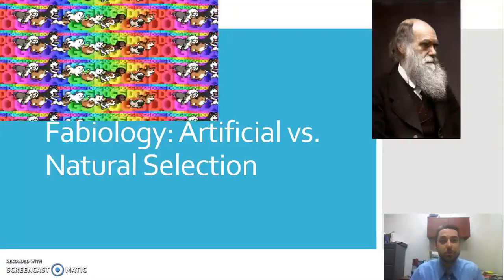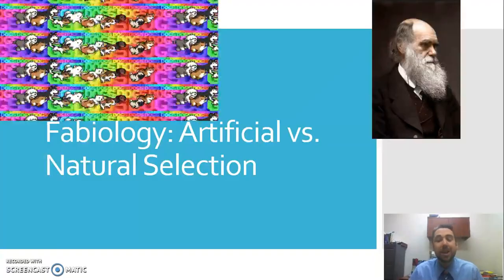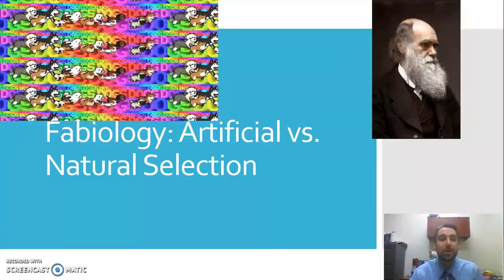natural selection. So we're going to talk about Darwin and kind of what led to his ideas, but more importantly, we're going to talk about puppies and a little bit about this idea of what dog breeding is and kind of how that plays a role and kind of what to think about when we compare artificial and natural selection.